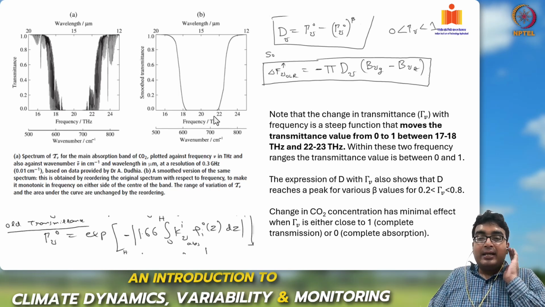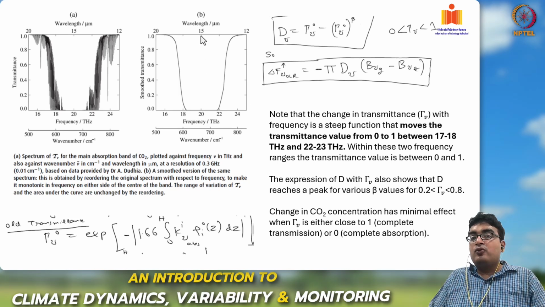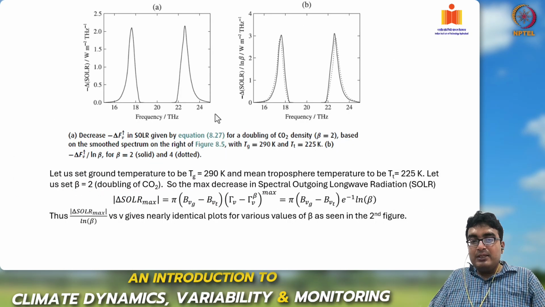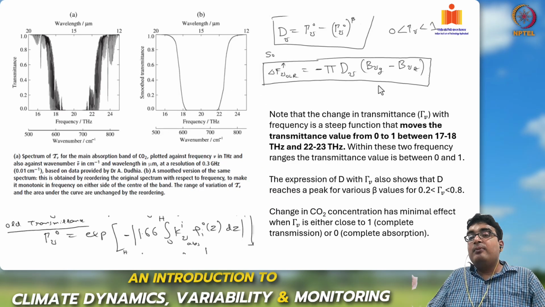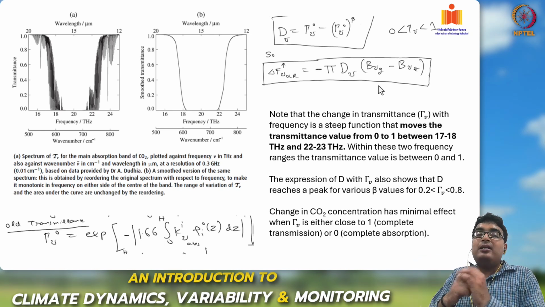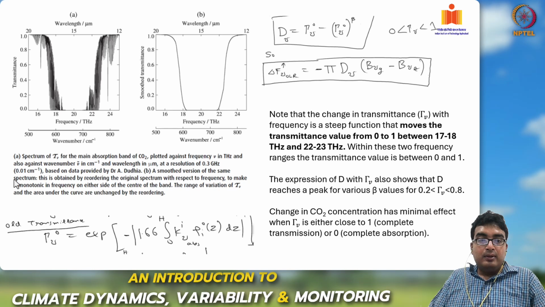Similarly, at 20 terahertz, which is close to 15 micrometers, the transmittance is 0. At 0 transmittance as well, the d value is 0. Hence, once again, there will be no change in the net outgoing long wave radiation at 15 micrometers or 20 terahertz. However, now let us look at a frequency of say